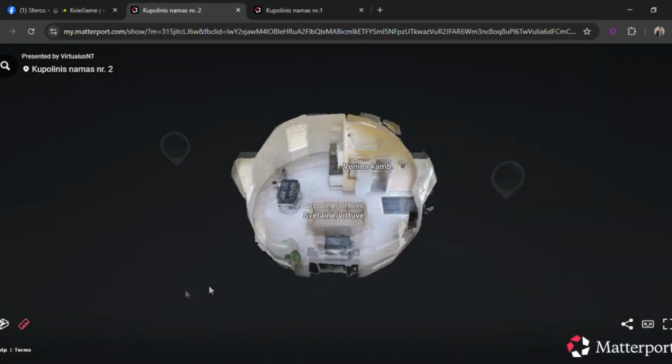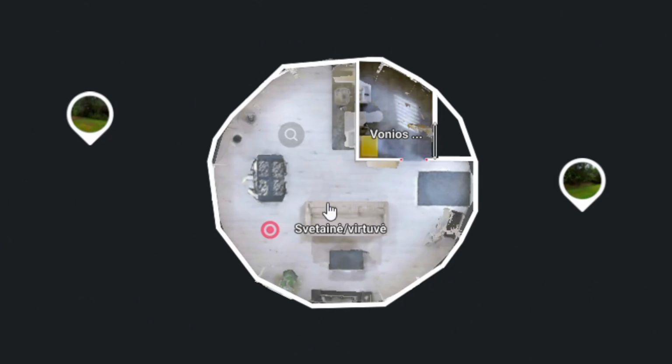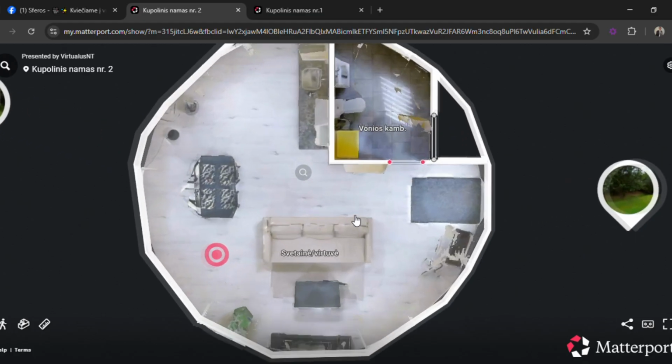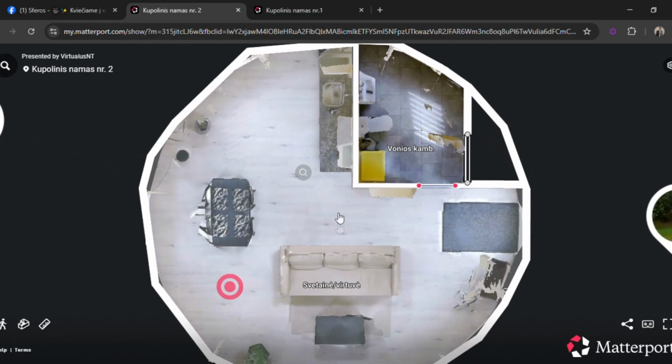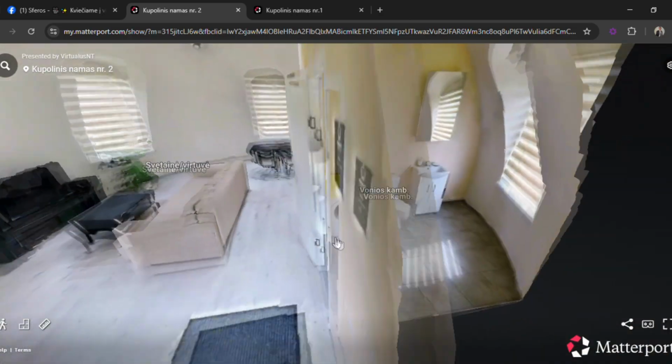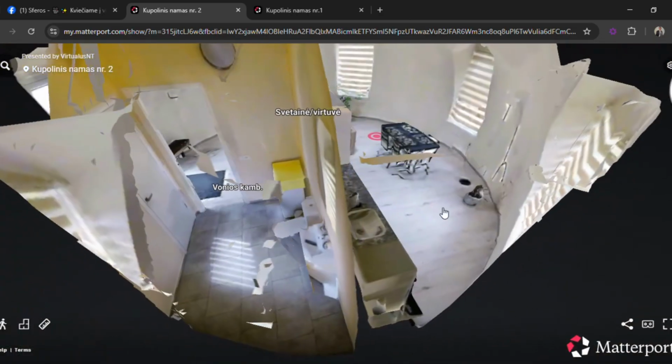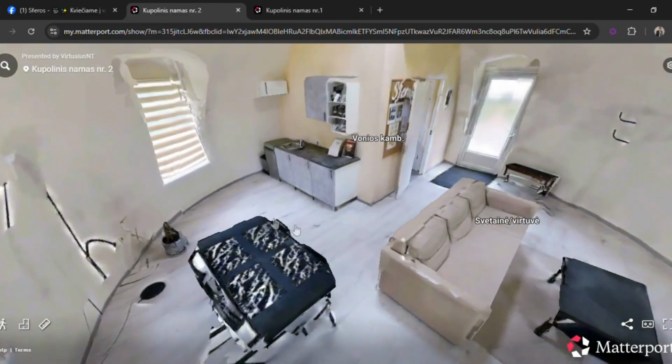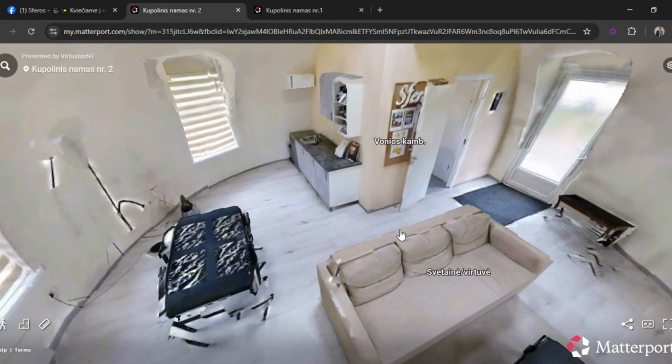We see the entire layout of the dome from above, as if we were just floating above. This is the living room, dining area, kitchen, bathroom, storage room, which is why it's dark. And so, we can even zoom in and explore the whole view this way. Next, we click on another tool. We can rotate and manipulate the view like this. We can see it as if we were flying through the dome, choosing the point we want.